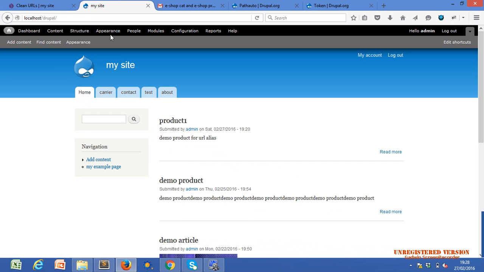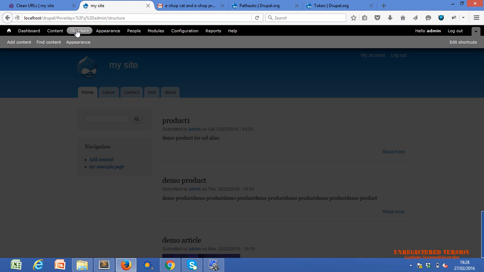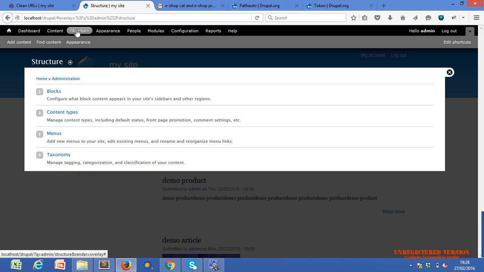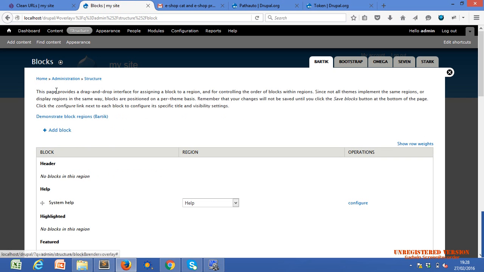This is our home page. How do we manage our blocks? Go to structure, and then blocks. There are no blocks in this region.